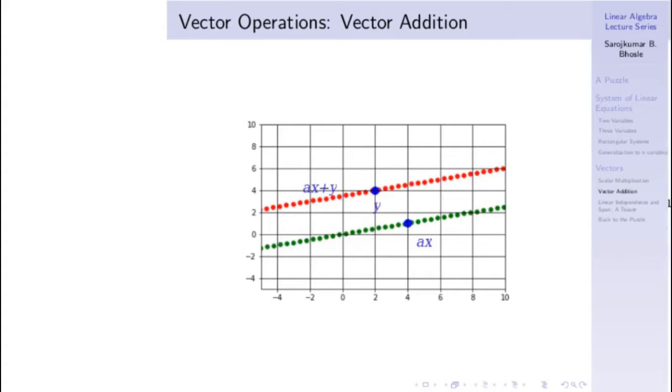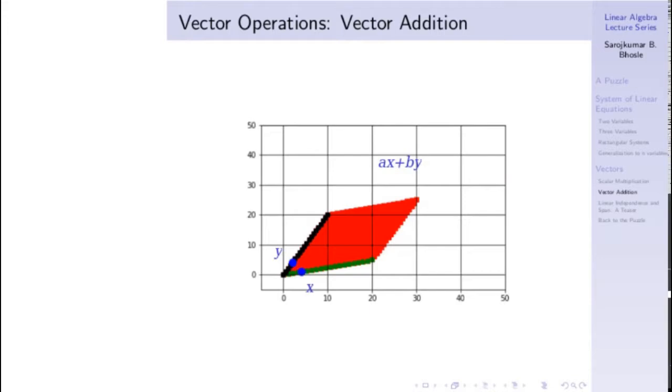Now coming to where we are scaling x. So this line in green color represents the scaled version of x. These are the points that we can get by scaling x, or by multiplying x by a scalar. And if we add this ax into y, this is the set of possible points that we can get. So by simply adding a scaled version of a vector to another vector, we get another line.